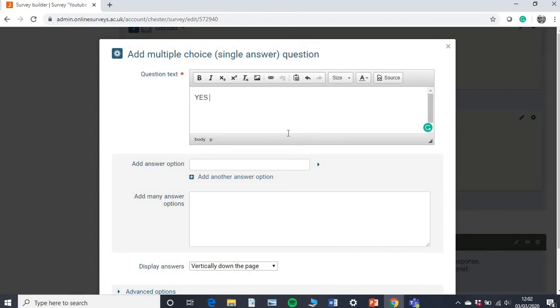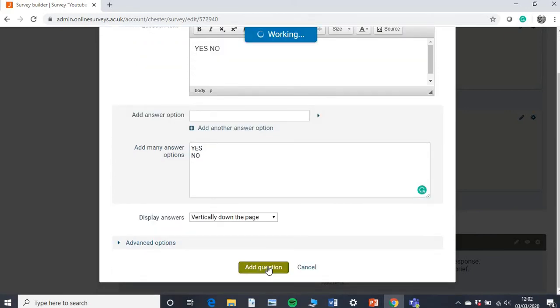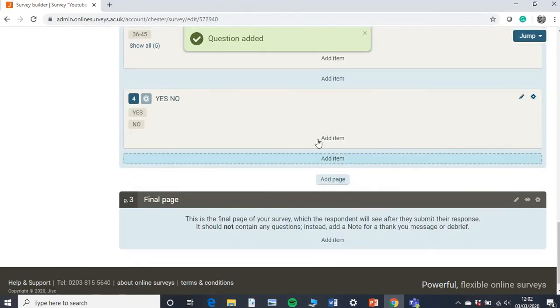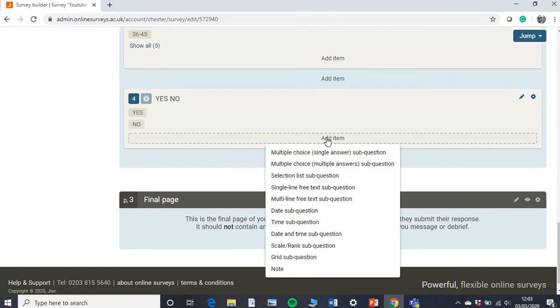This time let's do another one. We'll just say yes, no question. Yes, no. Add question. Now, as I mentioned before, it had the yes, no question. If you click while it's still here in this beige colour, so not the blue, it will add a new question, but if you click add item in this beige colour, that's going to link to this question. So we could do, for example,